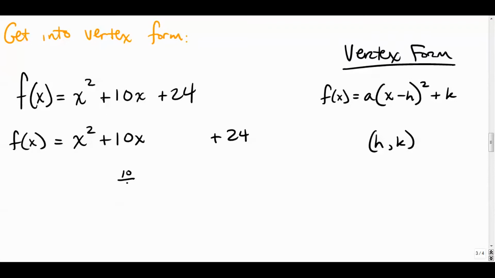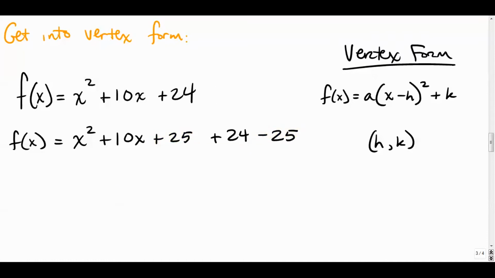So again, we're going to cut that in half and we're going to square it. So we're going to go plus 25. But since we added 25 to this function, we don't want to change the value of it. So let's subtract 25 to preserve our equality. Plus 25 minus 25 cancel each other out. So we have to do that in order to preserve exactly where we